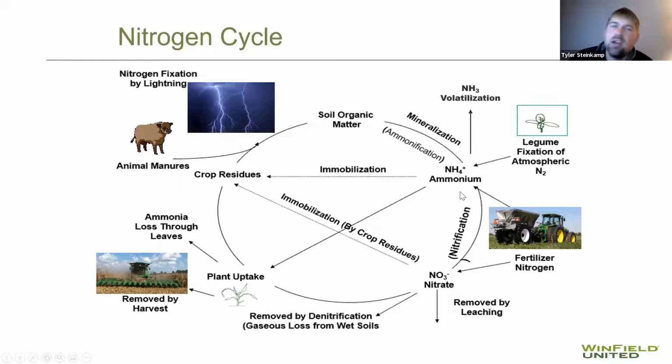Now, the characteristics between ammonium and nitrate. Ammonium is a positively charged ion, sticks to the soil fairly well. Nitrate has the potential for leaching. Darren's going to do a demonstration a little bit later to show you how that works. But what's more important here is that ammonium in general is the form the plant would prefer to take up. However, very little of the nitrogen is actually taken up